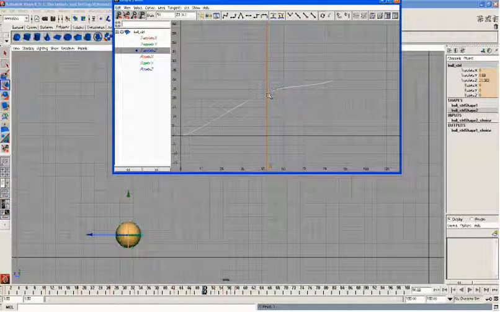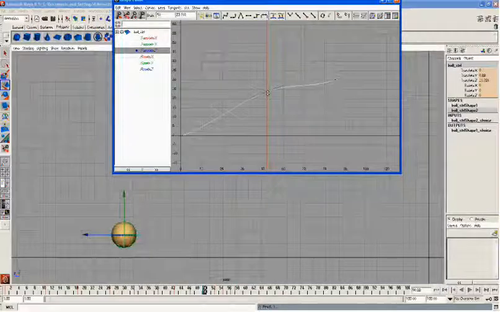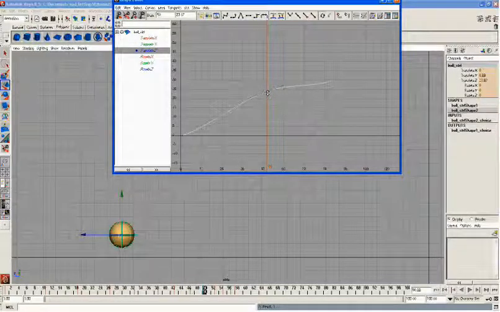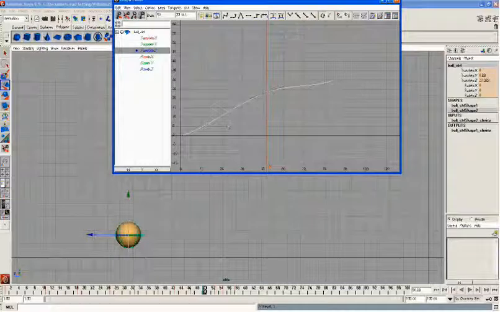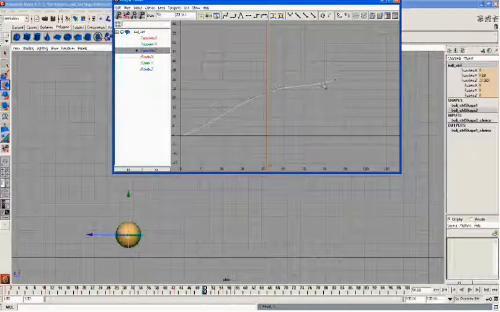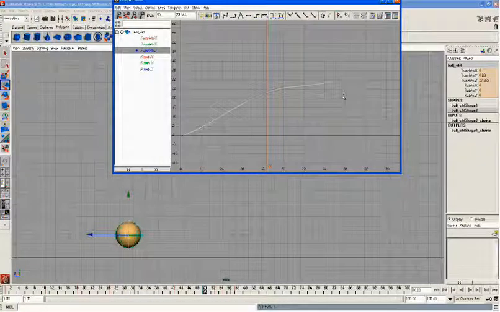So I'm just adjusting the momentum of this thing. Okay, but our graph is going in some weird way.